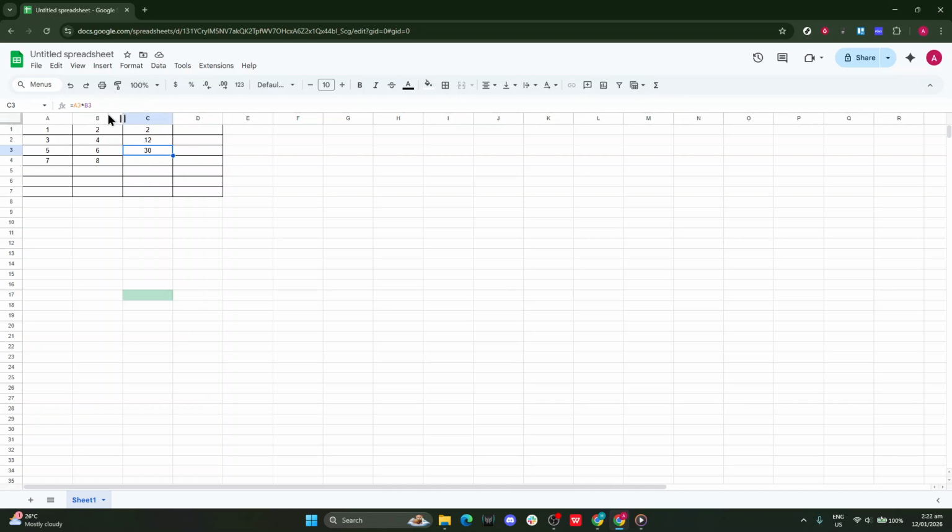That's it, you've entered a multiplication formula, copied it from the formula bar with Ctrl+C, and pasted it into another cell. Adjusting the references